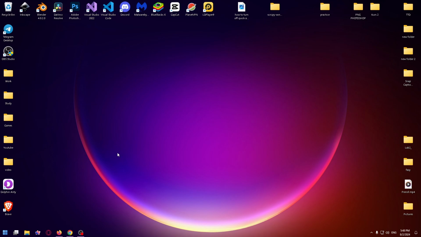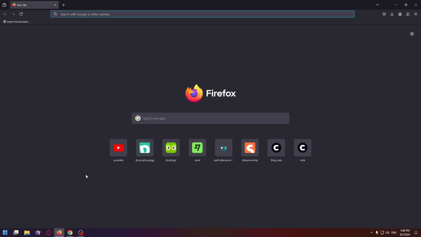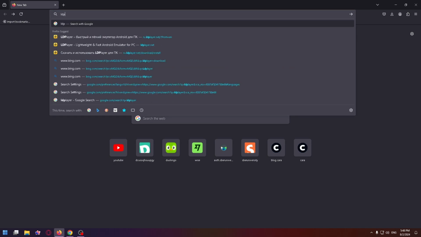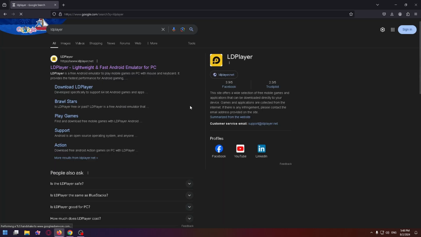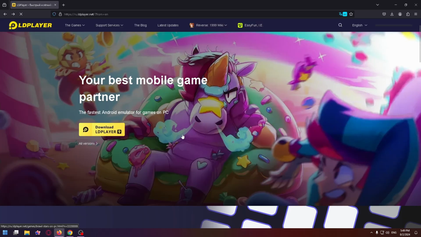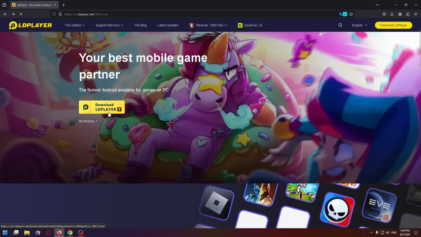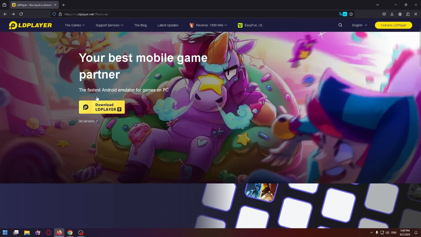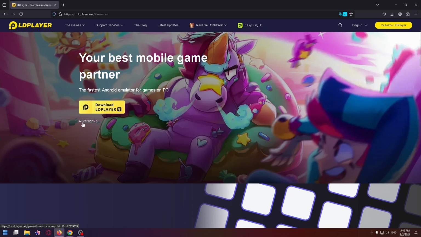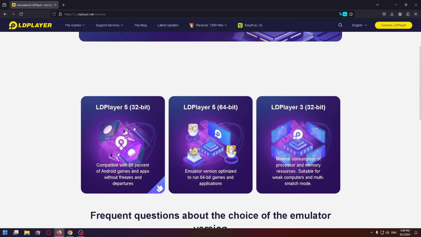Now I'm gonna go to any browser, for example Firefox, or you can use Google Chrome. Type in the search box LD Player and go to their official website. Right here, just click on this link. And after that, just click on this button, download LD Player 9. Or you can download another version, just click on all versions and install LD Player 5 or LD Player 3